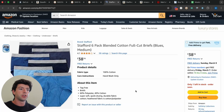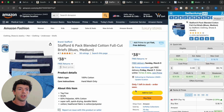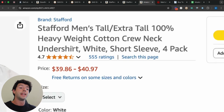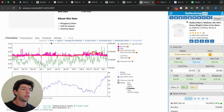Not all sales ranks are created equal. The shoes and clothing category is a ginormous category. So like a 200K rank in grocery typically isn't good, but like a 700K rank in shoes and clothing can totally be good, especially because this is a listing that does not have variations. It doesn't have other colors and sizes compared to something like this that does have variations, that does have other colors and sizes, in which case to find the best variations, what you'd want to do is go here